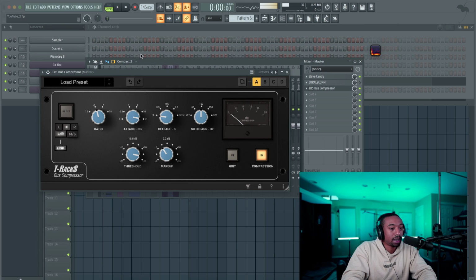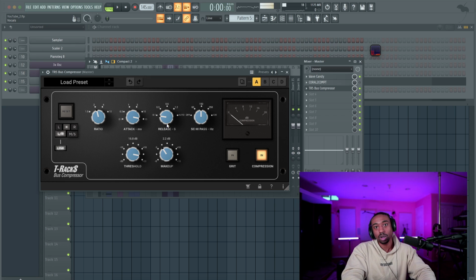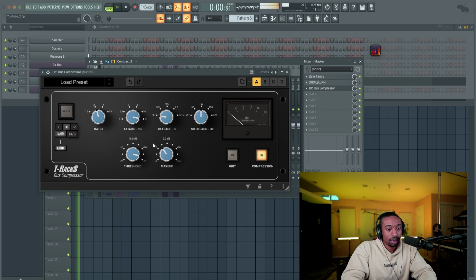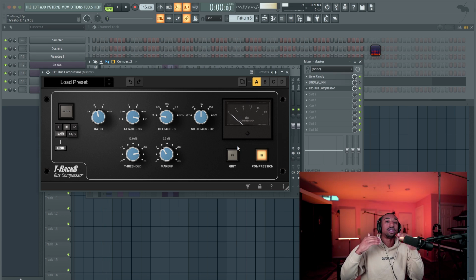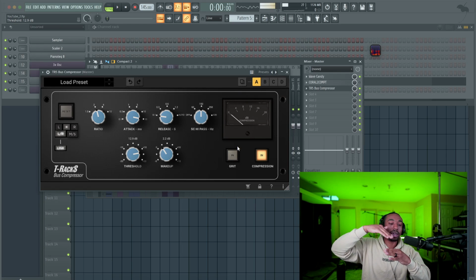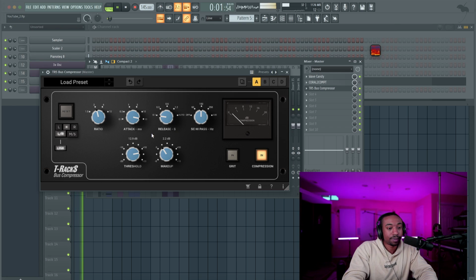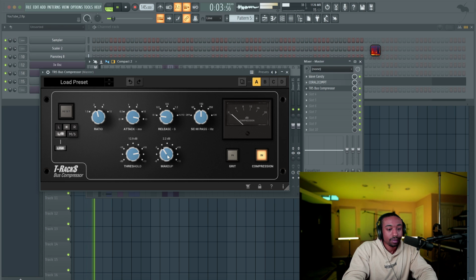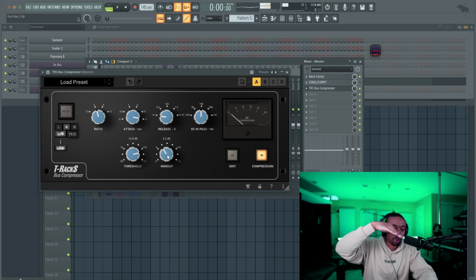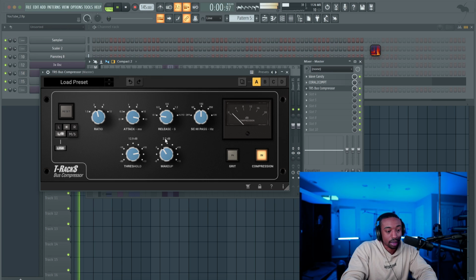I usually set mine, if you're using a bus compressor, to 30 milliseconds attack and 0.1 seconds, which is 100 milliseconds, release, if you're going to do mix bus compression. And again, the threshold, let's just pull this down. Now, when you're compressing everything, the goal is not to squash it. It's just to make it a little more glued together. Usually 1 dB is good enough. You don't need to overcompensate here. You're just trying to create those little tiny grooves and have everything together.